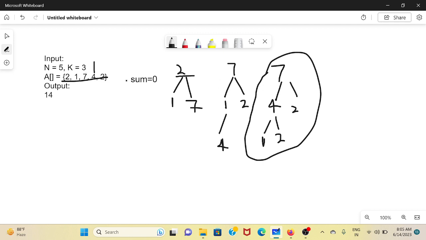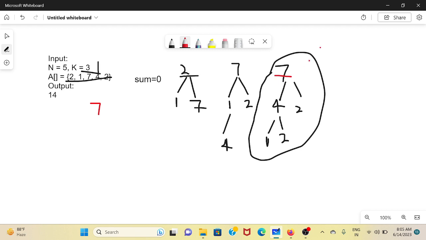We take the root value and add it into the sum, and we perform this task at max k times. Okay, so firstly we take this 7, add it into the sum, and replace this 7 by 7 by 2, which is what? 3. So here the condition is violated. So we replace these values. So 4 will become the root, 3 will be the child node, 2, 1